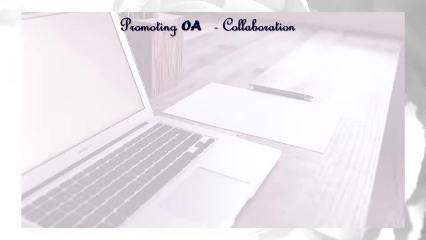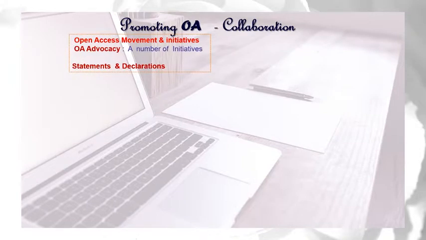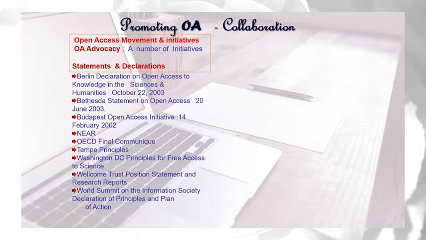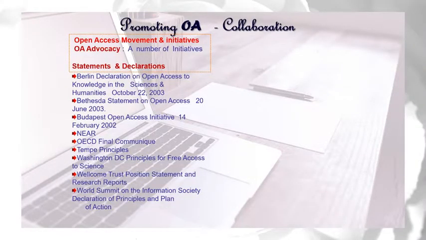Now, when we talk about promoting open access, there have been a number of initiatives. There are statements and declarations, and you can see them on your screen. The Berlin Declaration is there, the Bethesda Statement is there, the Budapest Open Access Declaration is there, the OECD final communique is there, and I must share with you that India was the first country outside of Germany to sign the Berlin Declaration, and INSA was the main pillar behind it. After signing the Berlin Declaration, we started in a very streamlined fashion to promote open access to the resources.